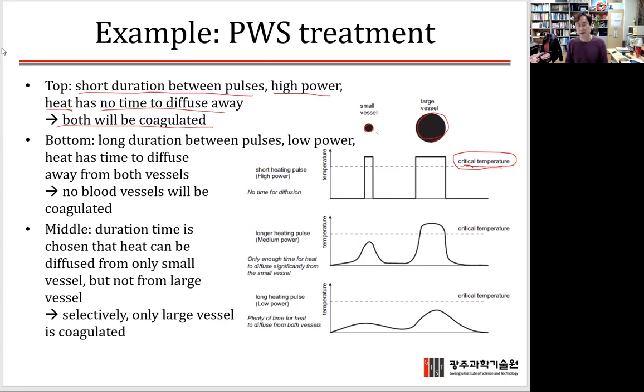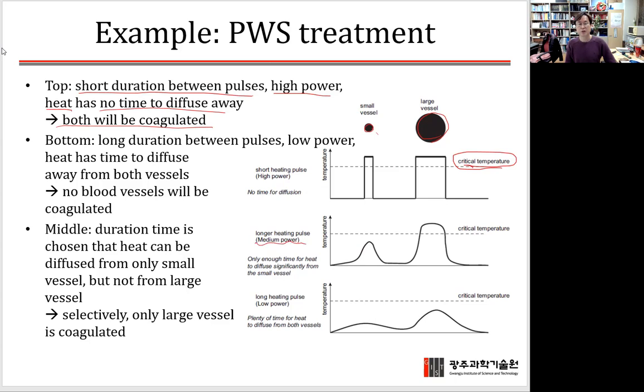For the bottom case, you have a low power, and then you are giving long duration between pulses, so that both of the blood vessels have enough time to dissipate heat to the surroundings, so that they will not be coagulated. But if you choose the medium power,